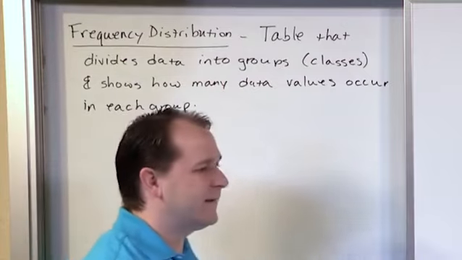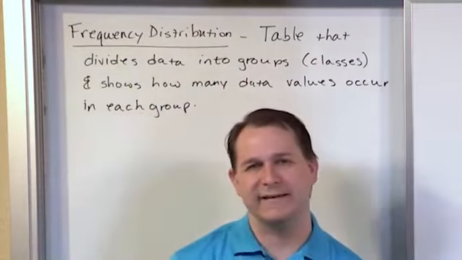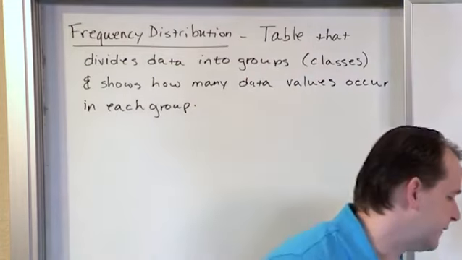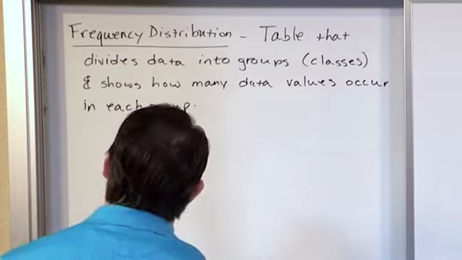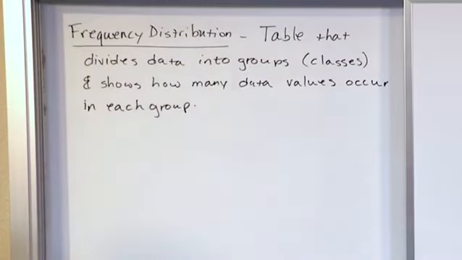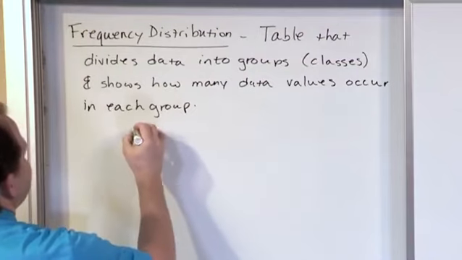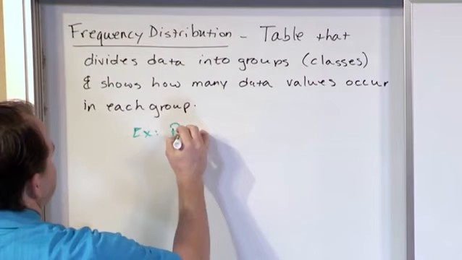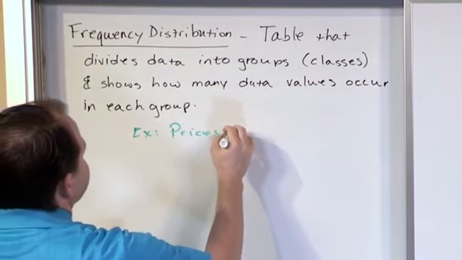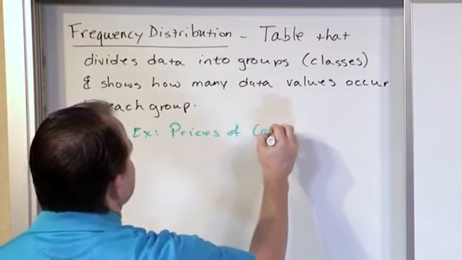So this definition doesn't make a lot of sense until I show you what one of these things looks like. So that's what we're going to do. We're not going to waste too much time talking about it. I really think that it's better to show you. So here's an example of a frequency distribution. Let's look at the prices of computers